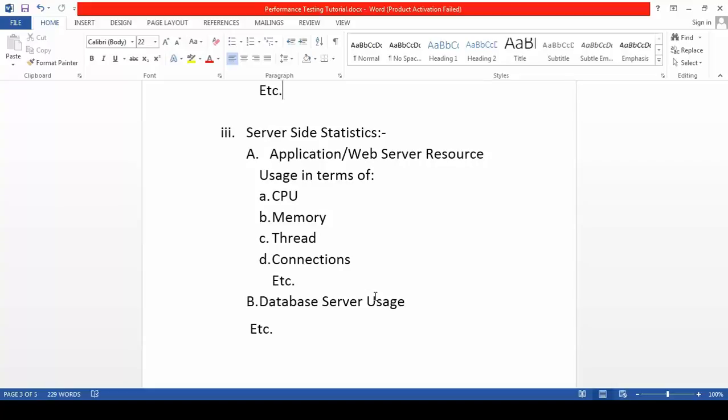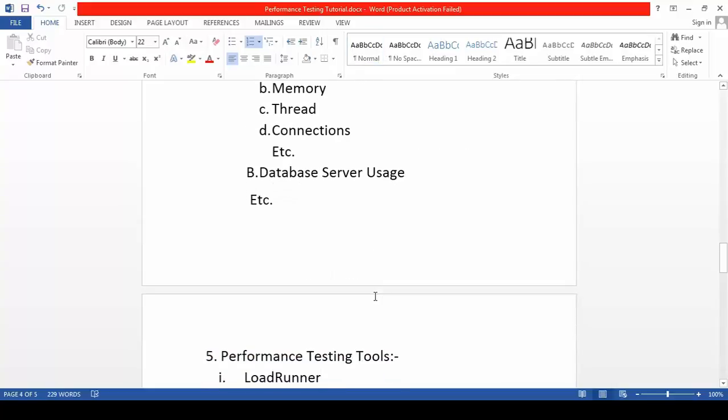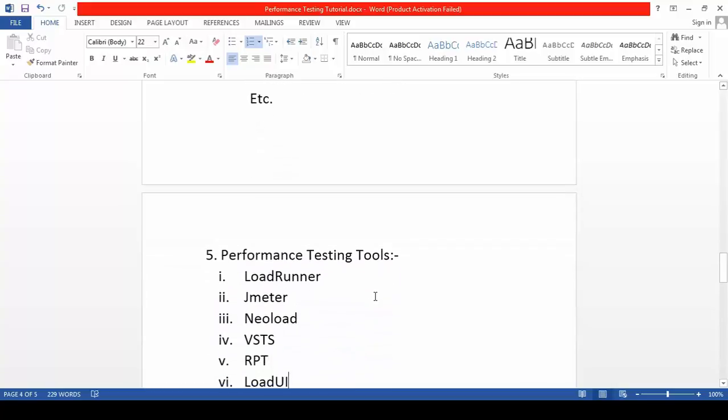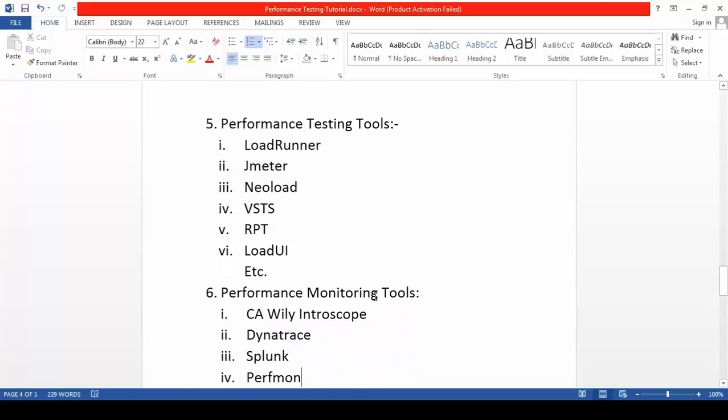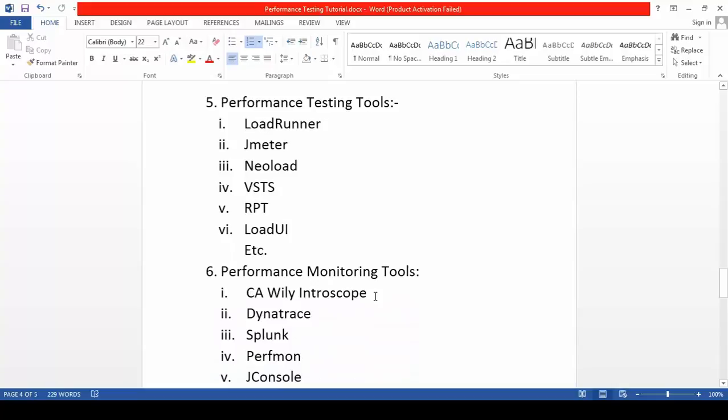Third is thread utilization, the connection pool monitor, and there are other things also. I will not go into much detail right now. The same applies to the database server, and then we can monitor the load balancer, the network traffic, and several other things.